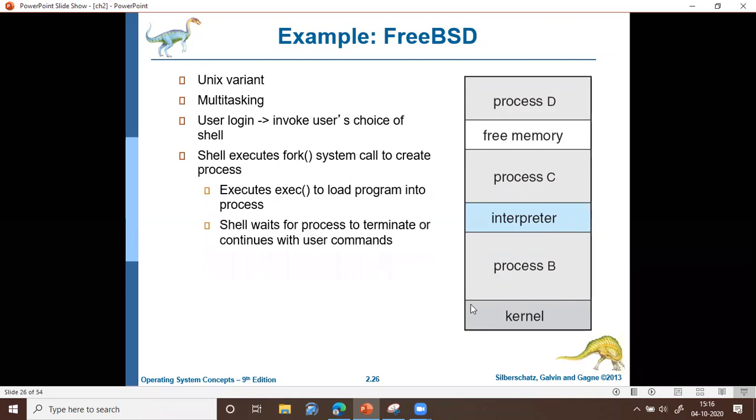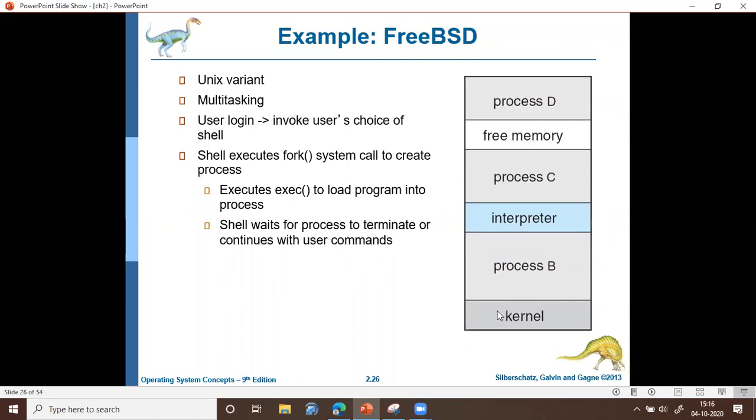Here you can see there is a kernel, which is the core part of the operating system, FreeBSD, and then there are multiple processes in memory. The shell can either wait for the process to terminate or continue with user commands. That is up to the user.